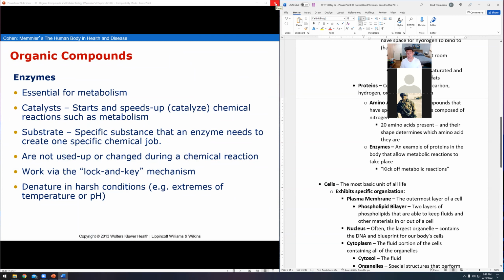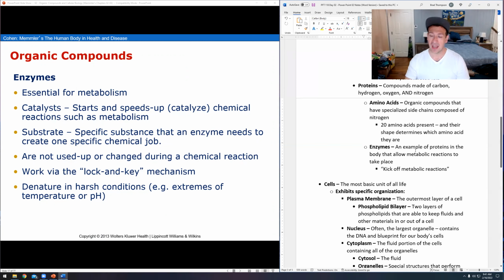Now, there are definitely lots of other proteins in your body, right? Remember earlier we were talking about enzymes, right? So enzymes, very important for metabolism because enzymes actually kick off some of this chemistry that we've been talking about. You take a bunch of stuff, put it near each other. It might not actually chemically bond or do anything, but you squirt a little enzyme in there and then the action starts to kick in. So enzymes are a type of protein that your body makes, and it kicks off metabolic reactions.